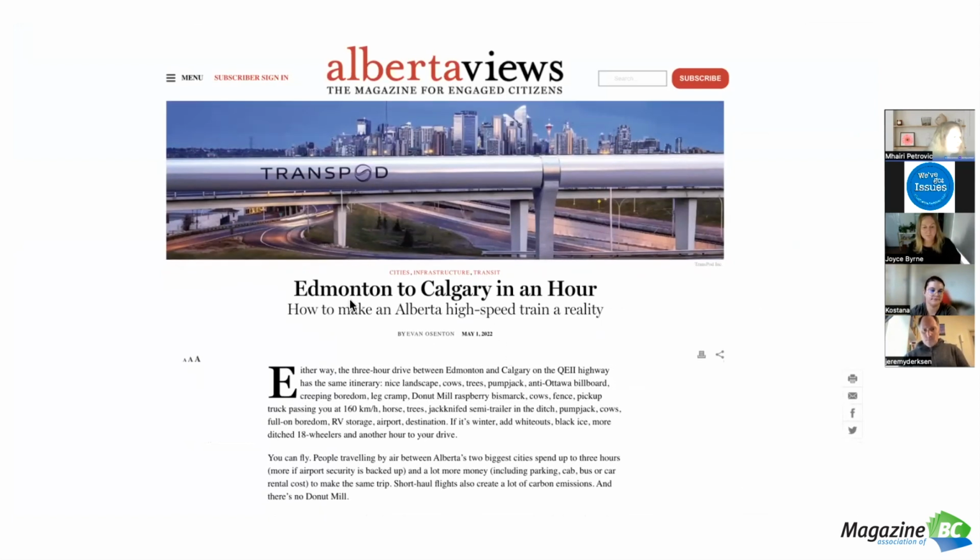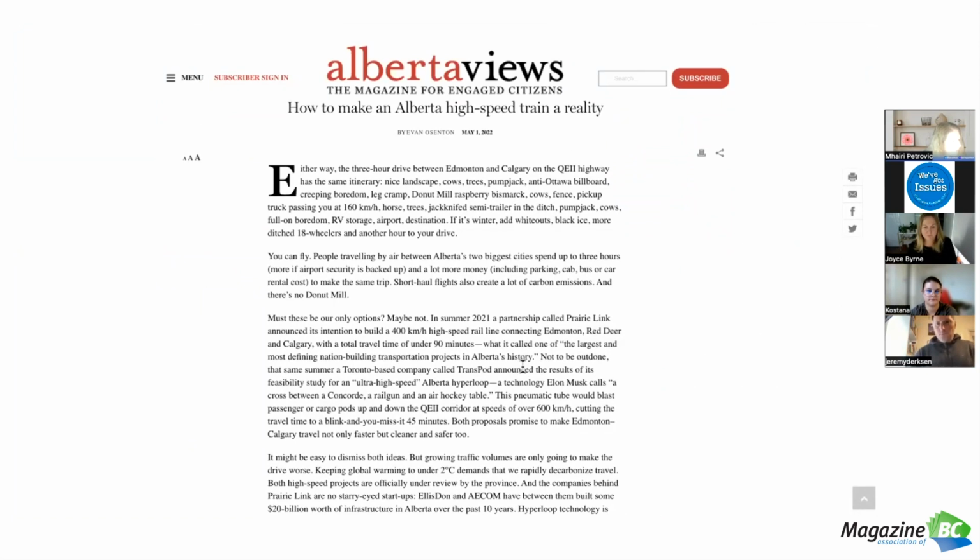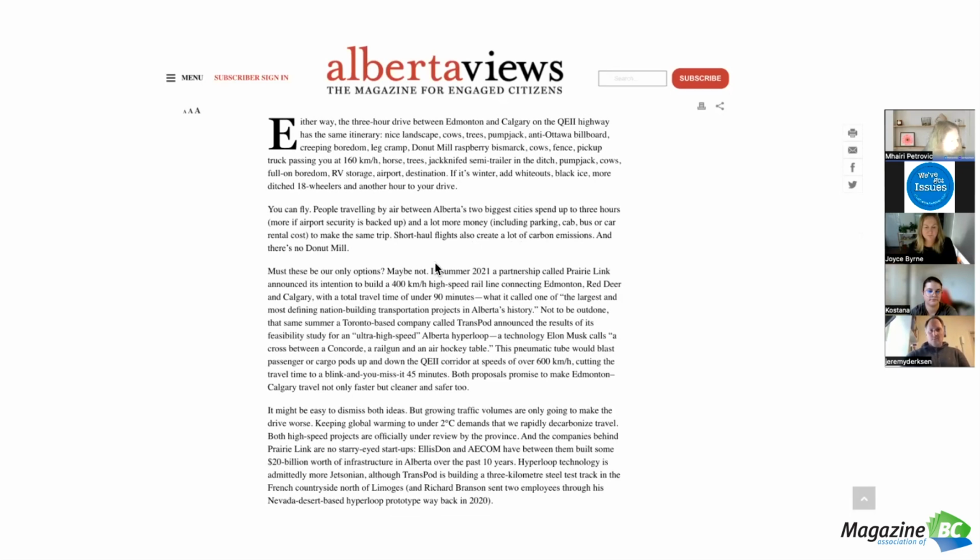So the first thing is Edmonton to Calgary in an hour. I mean, the title implies to me that it's an article about how you get to Edmonton. And as it turns out, the article is pretty specific. One thing I notice as I go through the article is that one suggestion I might make if I were to optimize it is to split each component up into sections and maybe include headers in there.